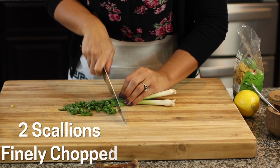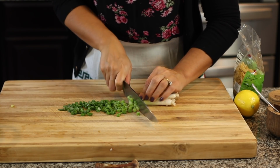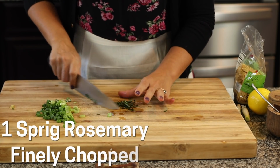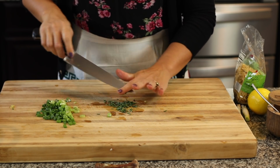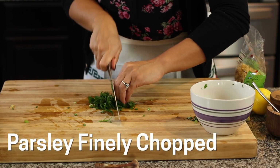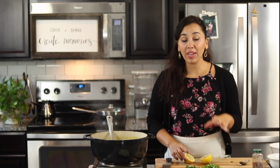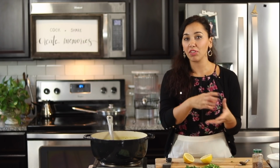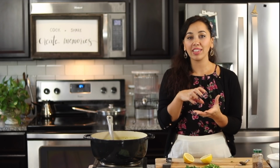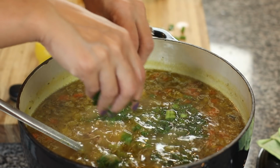In the meantime, I'm going to go ahead and finely chop up these 2 scallions because I love them as a garnish, along with the leaves of a sprig of rosemary. I'm going to finely chop the rosemary, and I'm also going to finely chop some fresh parsley, and then I'm just going to garnish my soup with it. So now it's up to you how you want to use the garnish. If you want to put it on a plate and everyone can just put it, you know, right on top of their bowl of soup, but I serve things family style in this house,